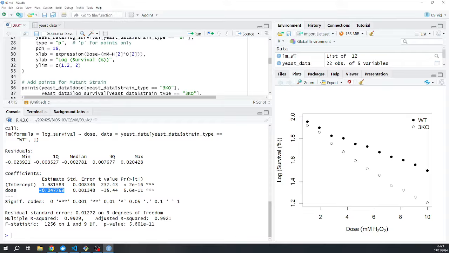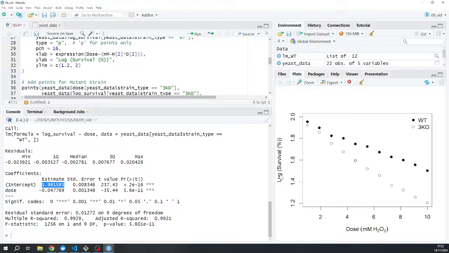So this is, if it was y equals mx plus c, this is your m value. You can see it's negative, which is right. And this will give you the size of the slope. So using this value, which I've highlighted here, and your intercept, you could, in theory, calculate any other value along this line. If it wasn't a dot, if I wanted something in between,